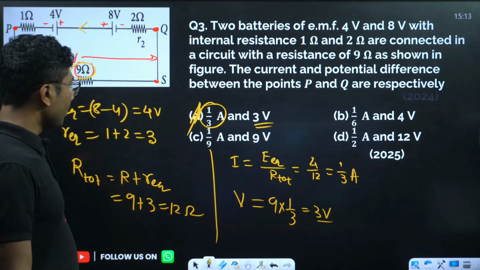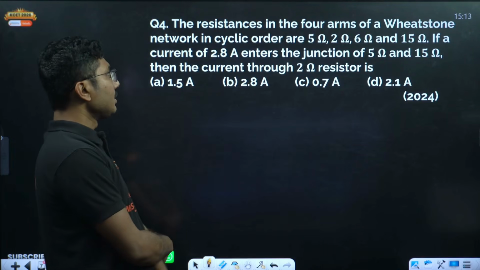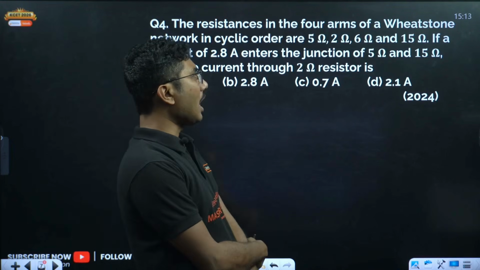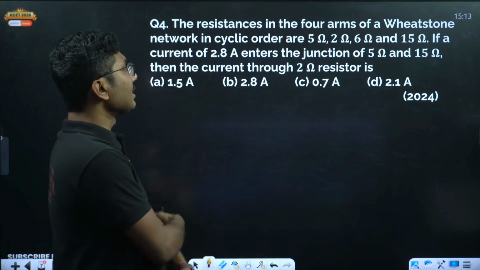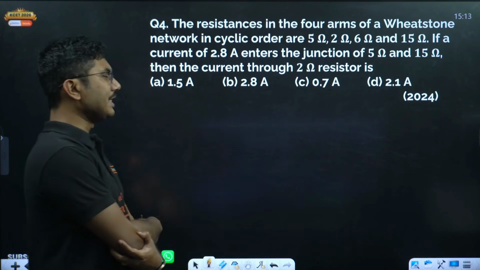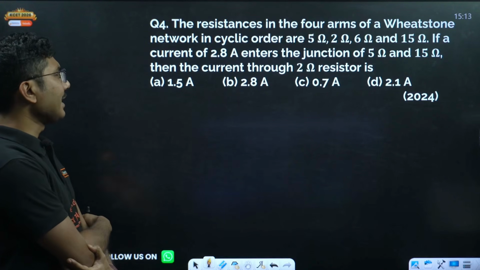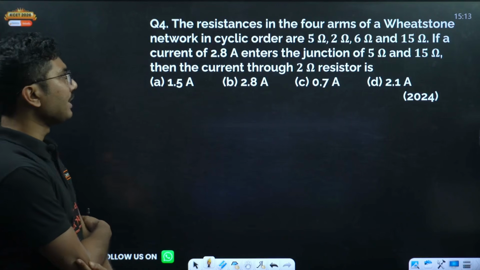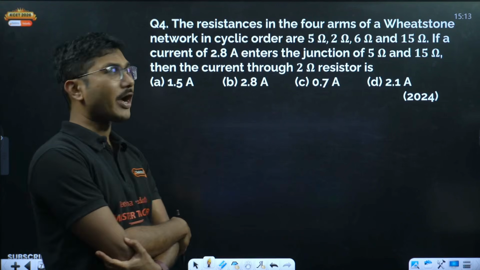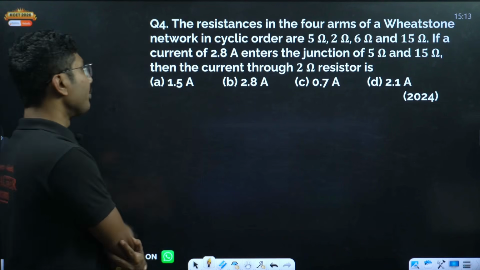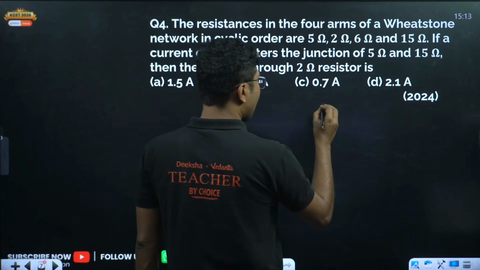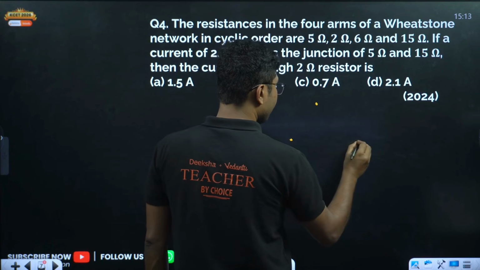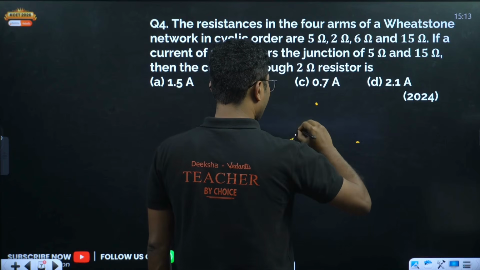Now let's move on to the next question. The resistances in 4 arms of a Wheatstone network in a cyclic order are 5, 2, 6 and 15. If a current of 2.8 ampere enters the junction of 5 ohm and 15 ohm, then the current through 2 ohm resistance is. So here we have a Wheatstone bridge, okay,